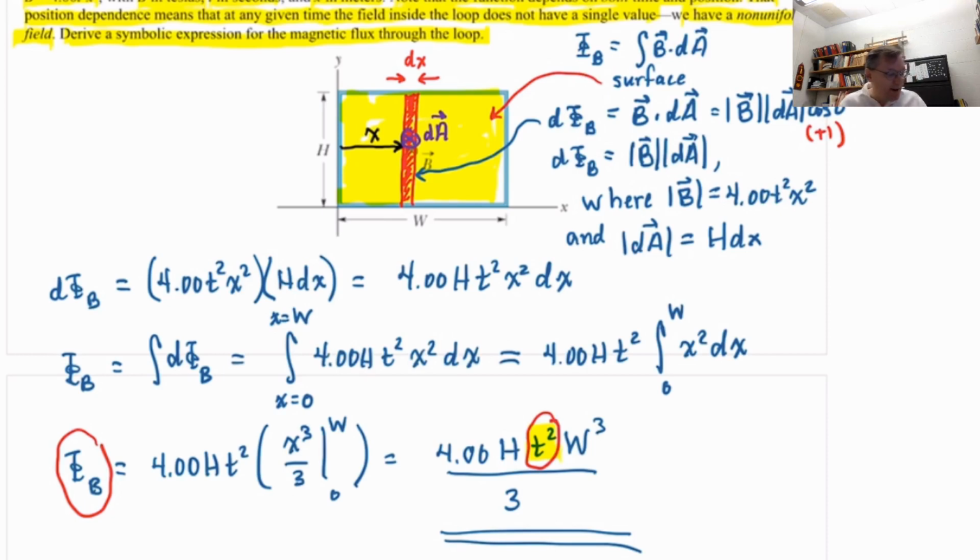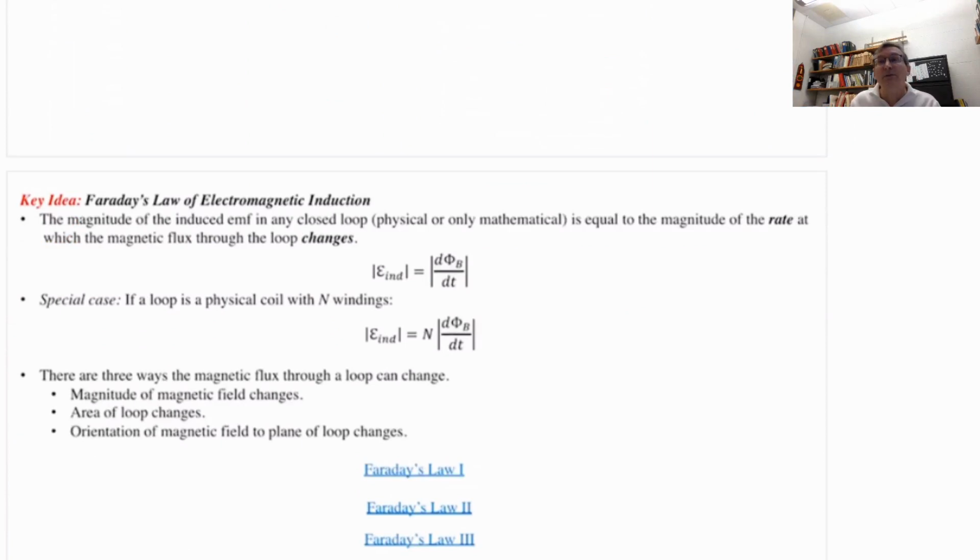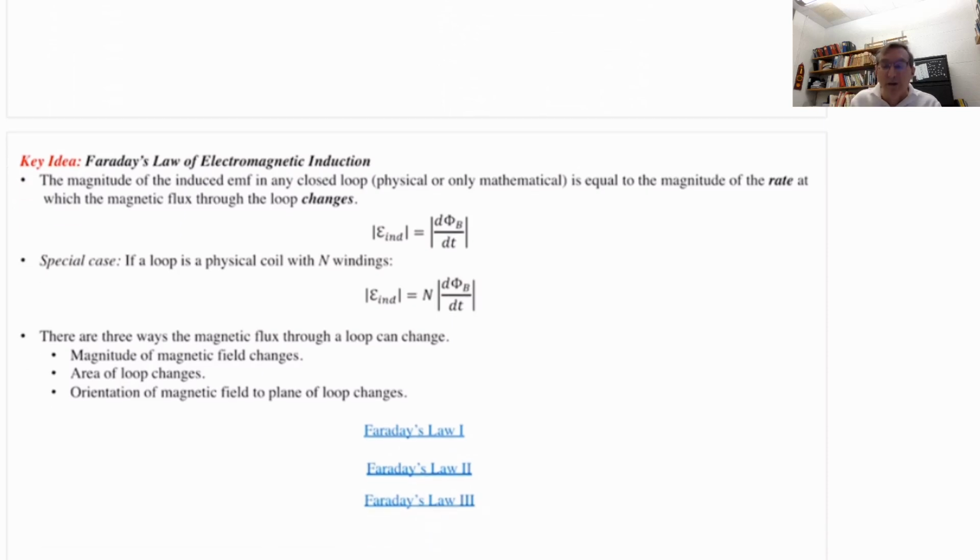That turns out to be a rather important concept, that you can have a magnetic flux through a loop that is changing as time changes, because that in fact leads us to one of the most important results in physics as far as technological applications is concerned, what is known as